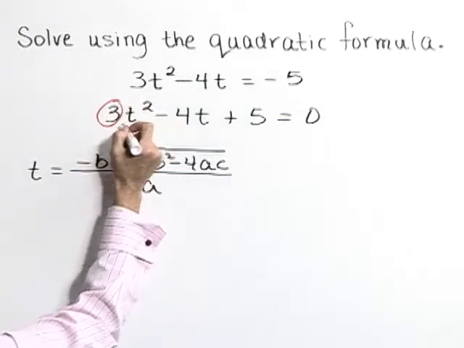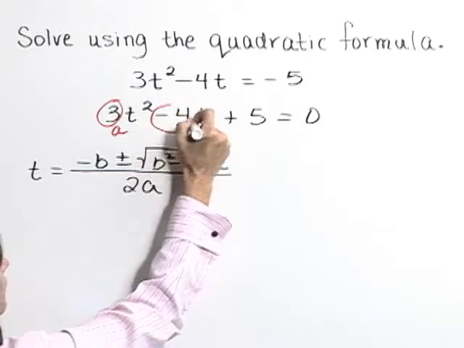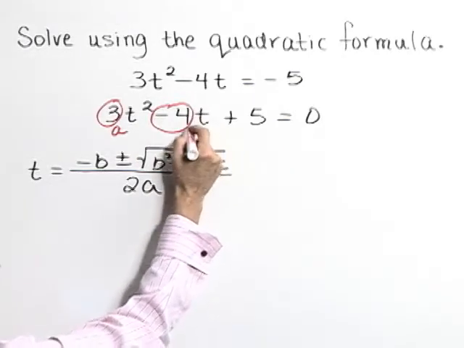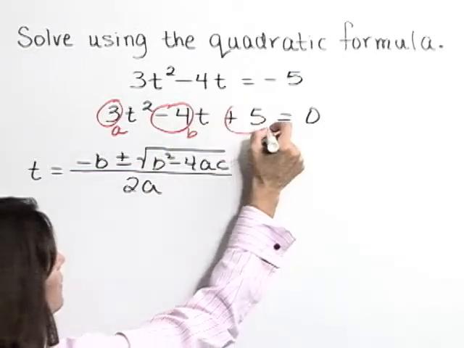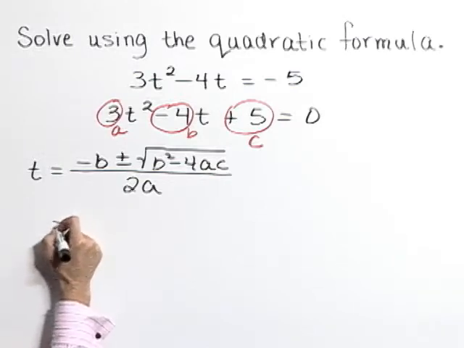A is our coefficient of t squared. It is 3. B is the coefficient of our t term. It's negative 4. And c is this number by itself. It's positive 5. Now substitute those values into your quadratic formula